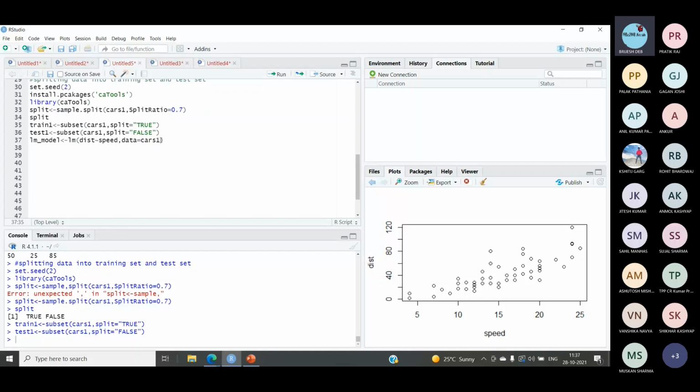So in this case, you can't simply specify the name of the vectors, because these are not vectors. These are basically columns of a data set. So these two columns are coming from the cars data set. So we will specify it like this: distance, speed, and secondly we will specify from which data set these are coming.